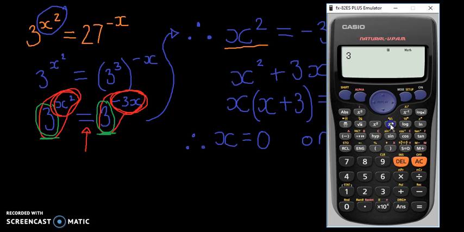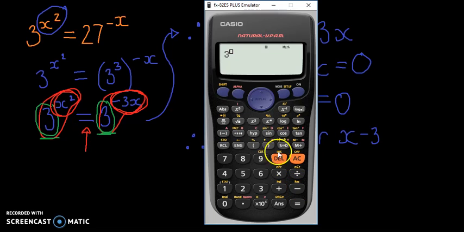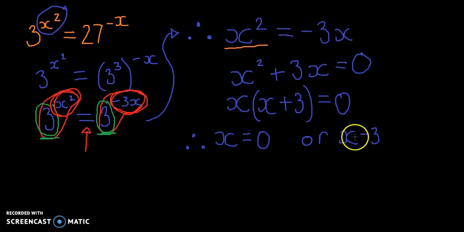Then let's try 3 to the power of, what was it? Negative 3. We'll put that in brackets. Negative 3 squared is equal to 19,683. And now let's try 27 to the power of negative 3. That is 1 over 19,683. Well, that means that the second one is not valid,